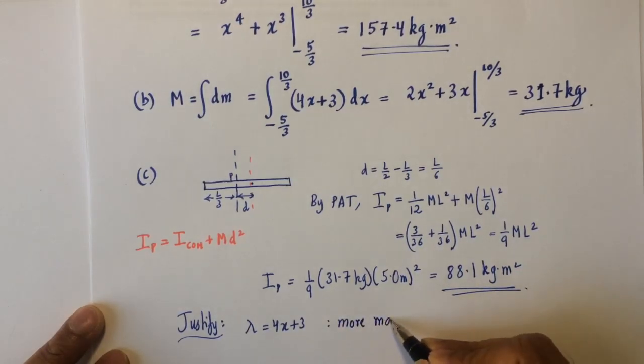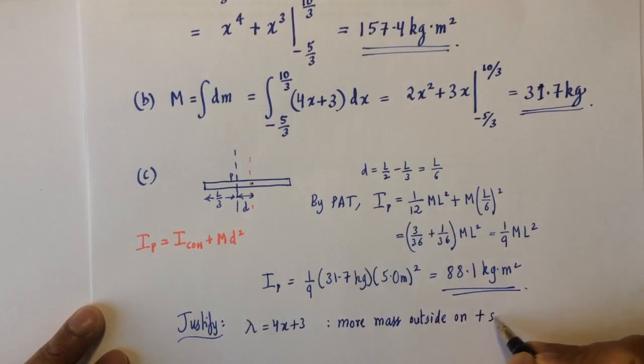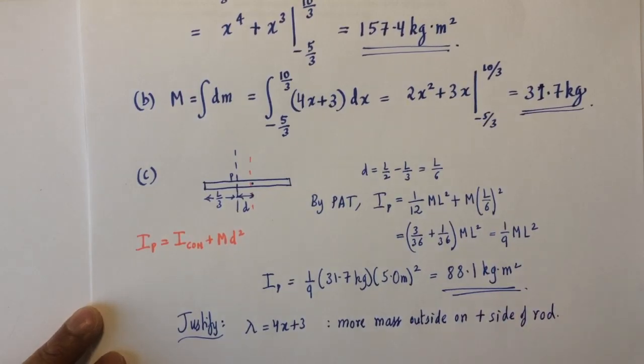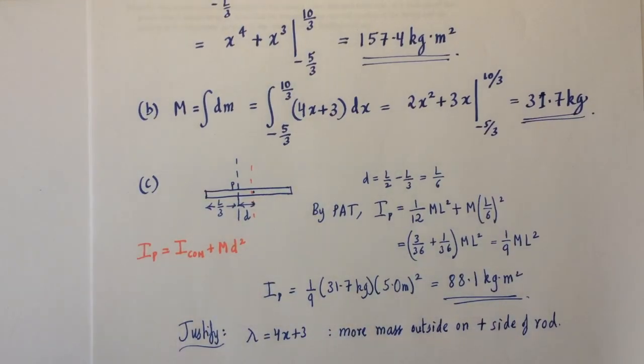More mass outside on the positive side of the rod. And that's why the moment of inertia is bigger. Let's go on to the next long problem,